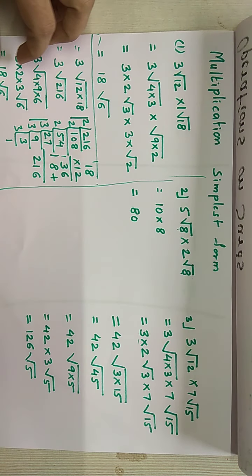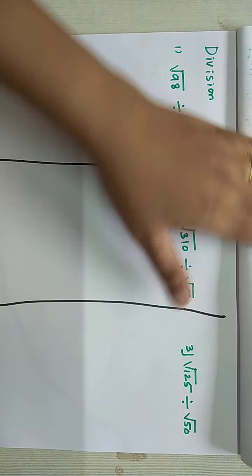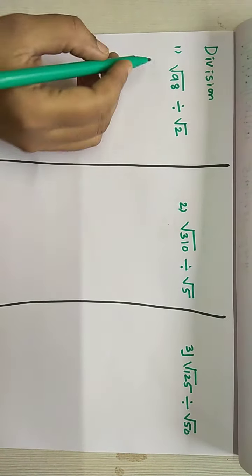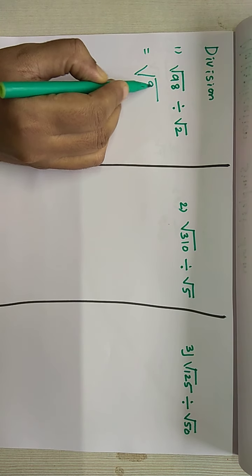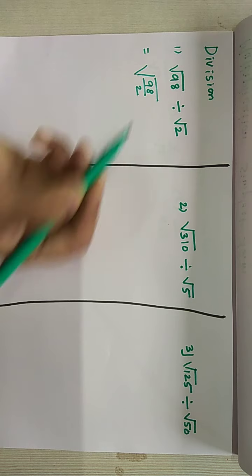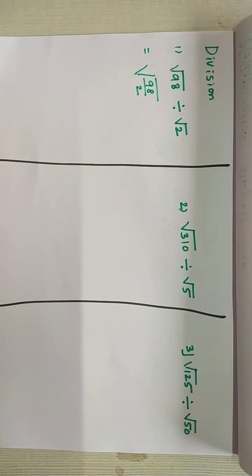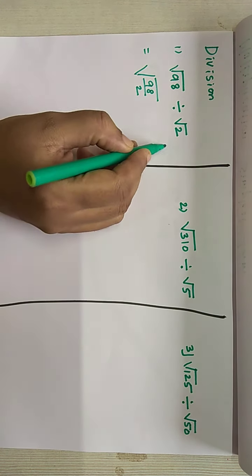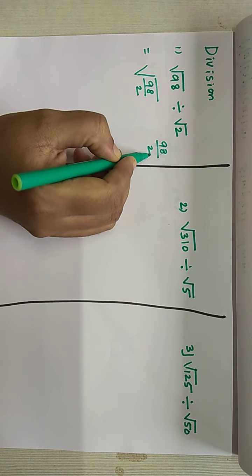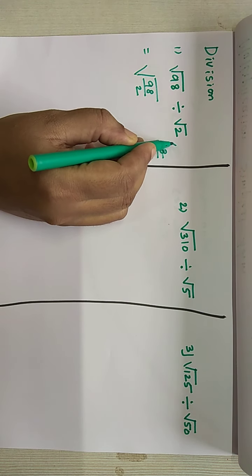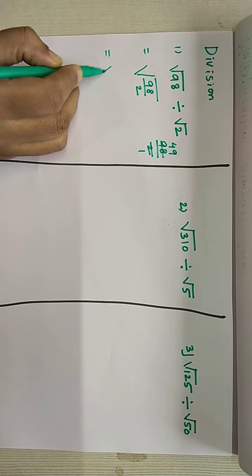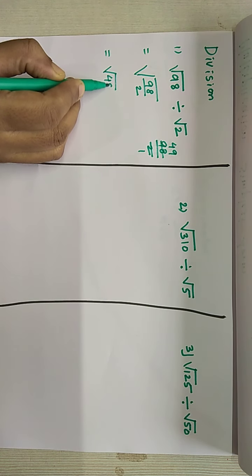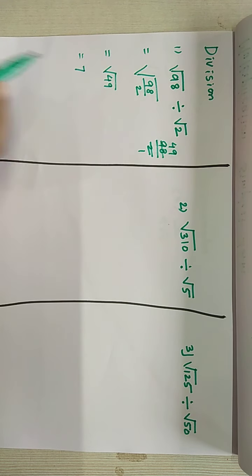Okay, now let's go for the next type of sums, that is division sums. How to divide? Again, division is much easier. Root 98 divided by root 2, you can directly write like this. You can directly write both of them inside the root. 98 upon 2. 98 upon 2, when you cancel, what do you get? 2 1s are 2, 2 4s are 8, 1 carry, 2 9s are 18. So you get root of 49. Answer is 7.